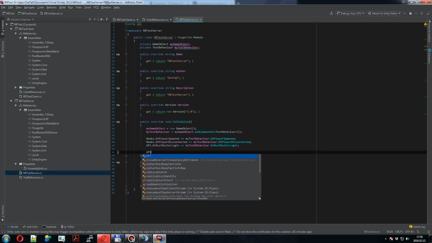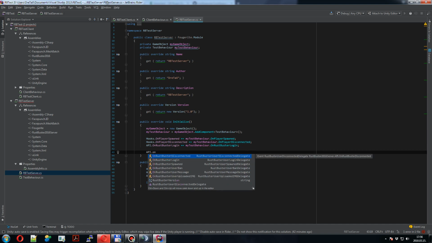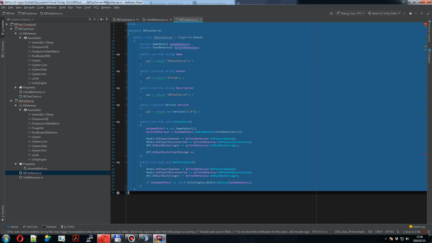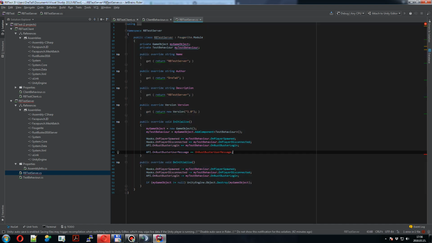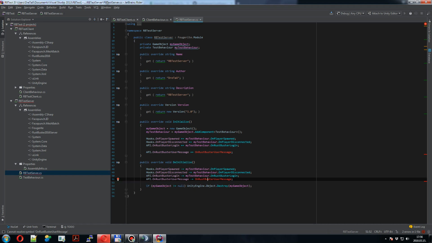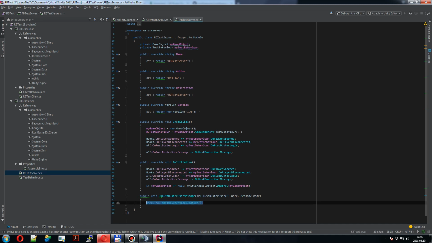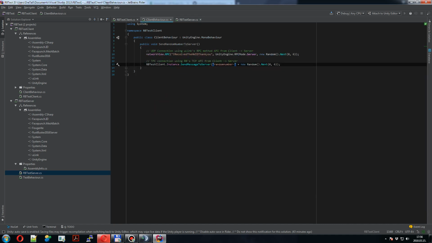You're going to type API on use RustBuster user message. Add this over here, remove it here, create the method for it. And you have everything that you need to know. You basically receive the user that is sending in a message. So this is all you need to do. You can also type string received message,